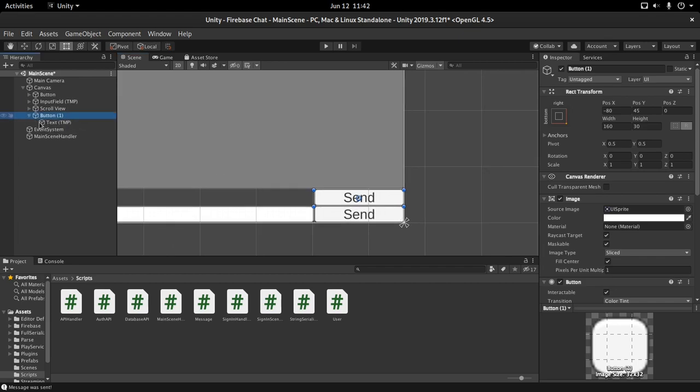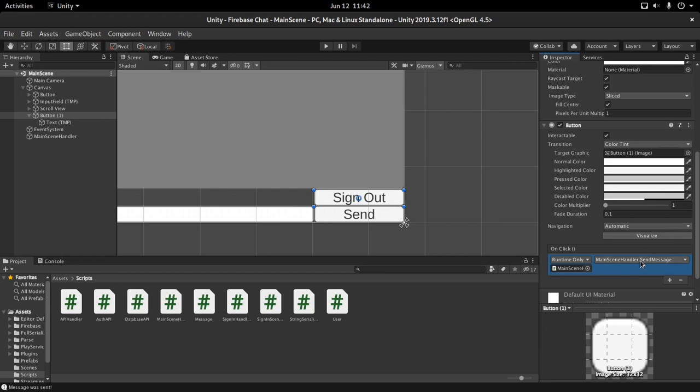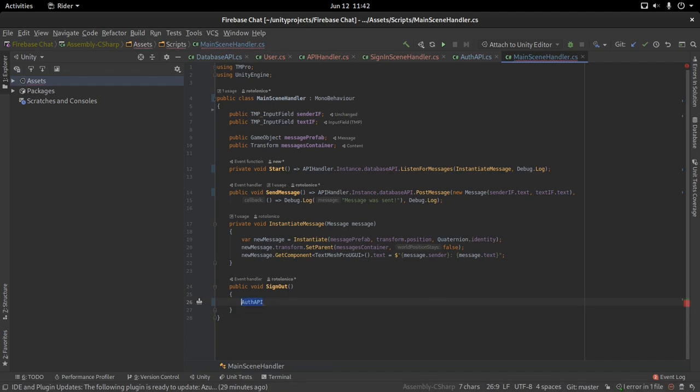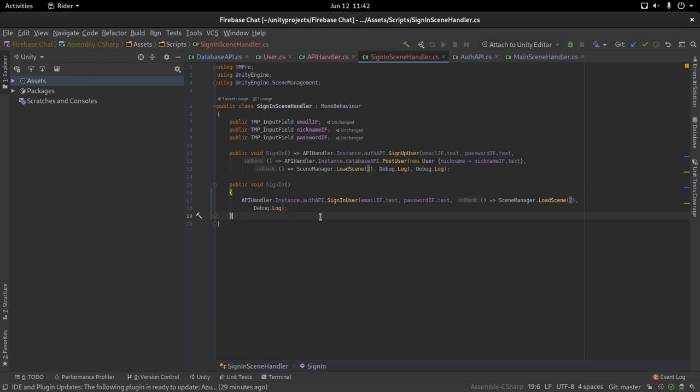And right here we can create a new button, which is gonna be sign out. It's just gonna call the sign out function, which is just gonna be this API handler dot OTPI dot sign out. And now we are really close to testing the code and actually seeing how many mistakes I mistakenly made. But before doing that, we actually need to set up the